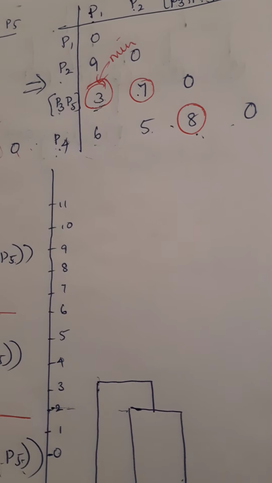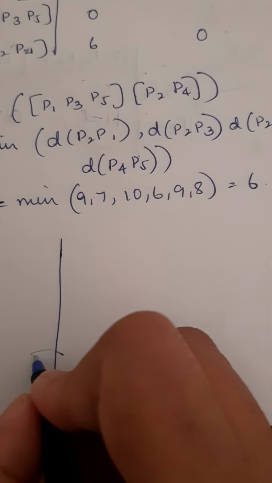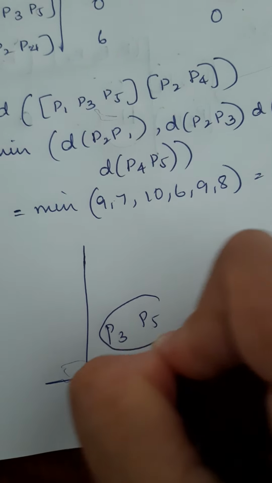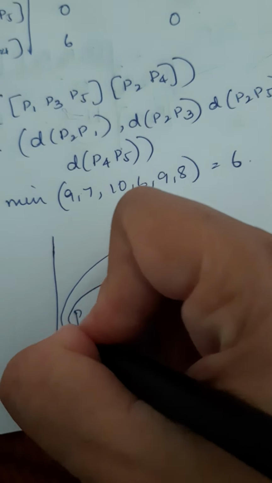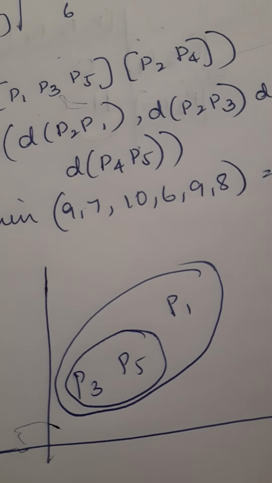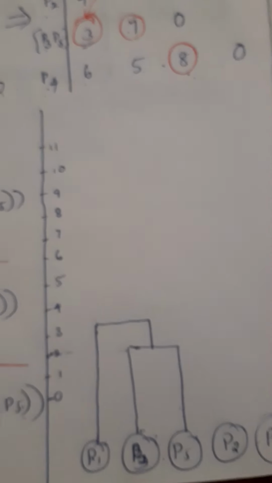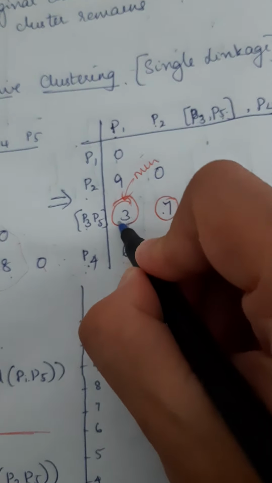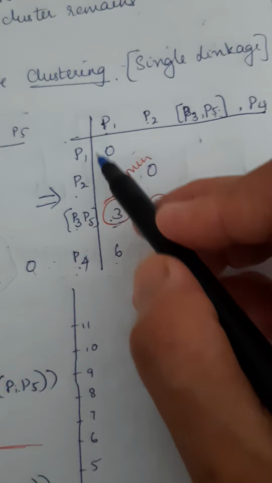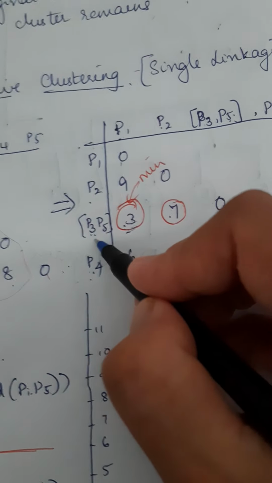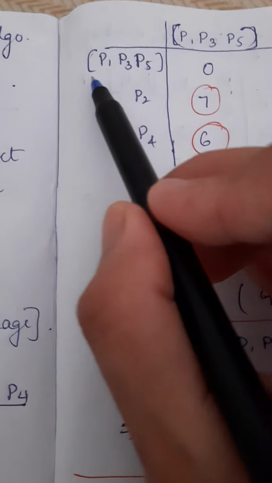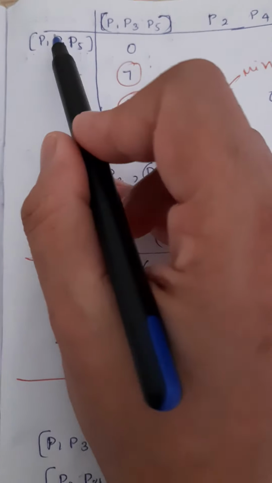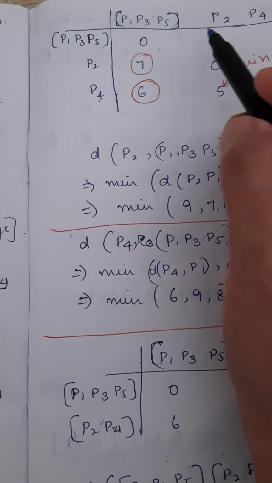So in case you had a matrix like this, initially P3, P5 would have been one cluster. Then I would have joined P1, made it into one more cluster. Okay, this is what I have done in this dendrogram over here. Is it clear so far? Okay, now I have to take the least value, that is 3. 3 corresponds to P1 and P3, P5. So these three form one cluster. So in my next table, P1, P3, P5 is one cluster. Then I have P2 and P4. On the same grounds, you are going to repeat the process.